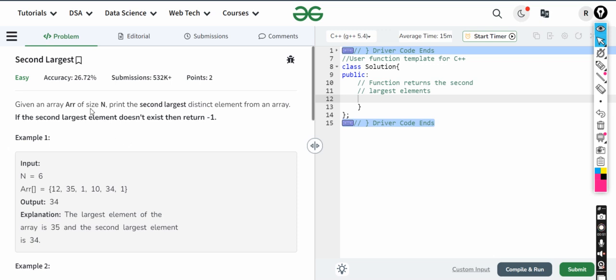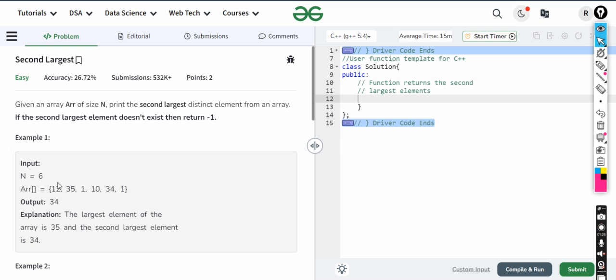So finding the second largest element is slightly tougher. First we'll discuss how to find the largest one. To find the largest one, you should consider the zeroth element to be the largest. You should compare it with the further elements, and if any number exceeds the value of largest, just replace it with that, and until you reach index n minus 1, you will get the largest one. Now finding the second largest has some trickier parts. I'll tell you the most optimal solution.